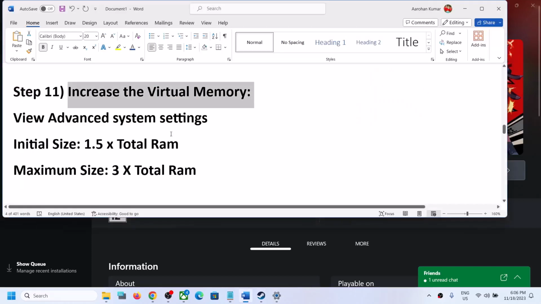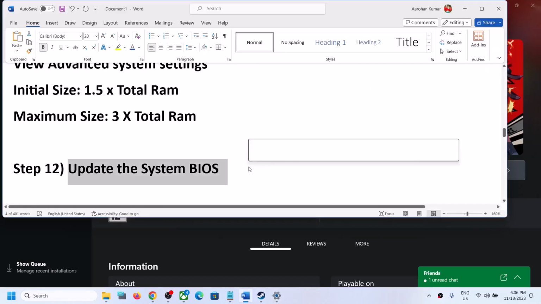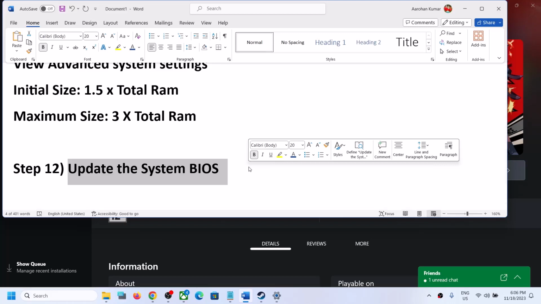Now the next step is to update the system BIOS. Go to your system manufacturer website. If you have a Dell computer, go to the Dell website. If you have Lenovo, go to Lenovo. If you have HP, go to HP. Select your model number, make sure that you select your computer, and then find the latest BIOS update available and install the latest